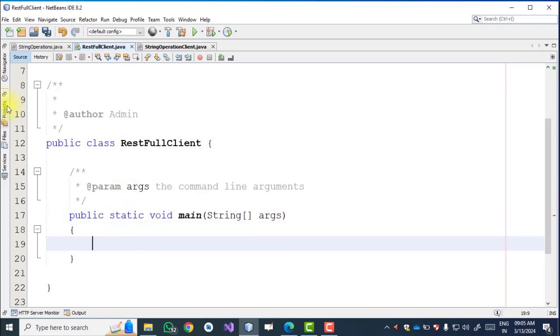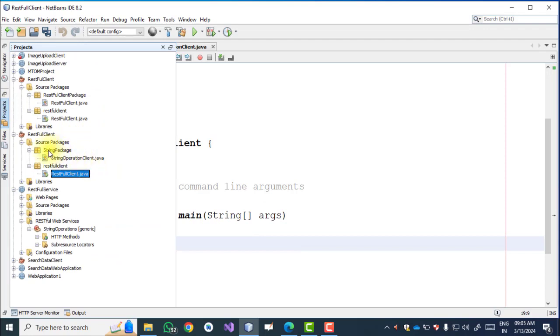So we start writing code here. Okay, now सबसे पहले we create an object of the service. So the package for the RESTful service is your string package.